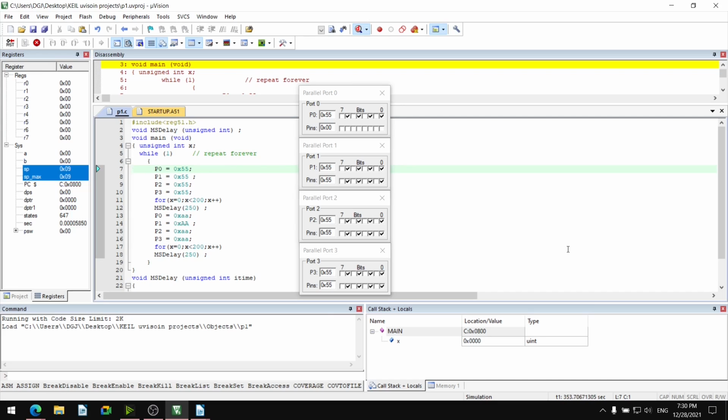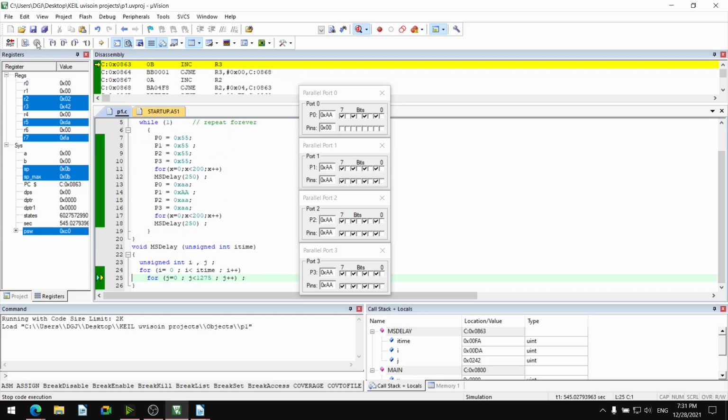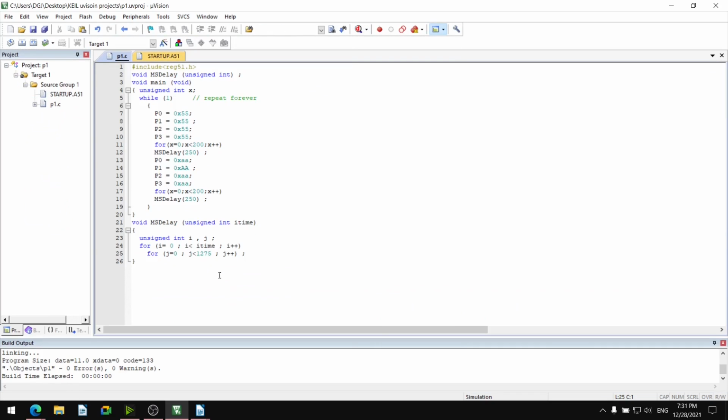Quite a long delay is there, and this delay is with the ms delay function defined and written in the embedded C code. So I will stop the code execution. I will stop the debug session.